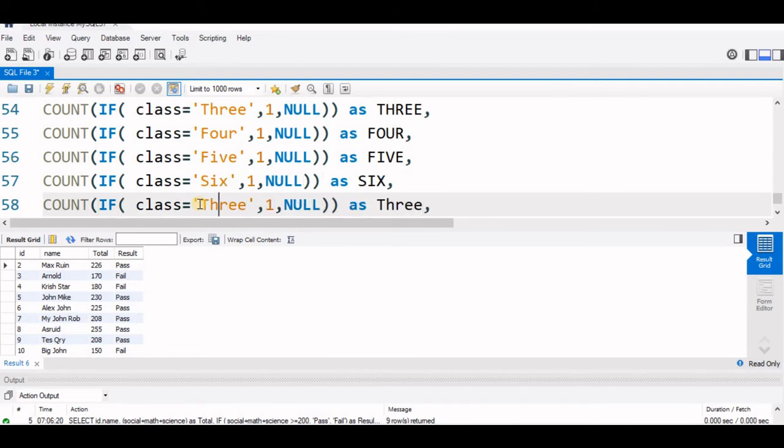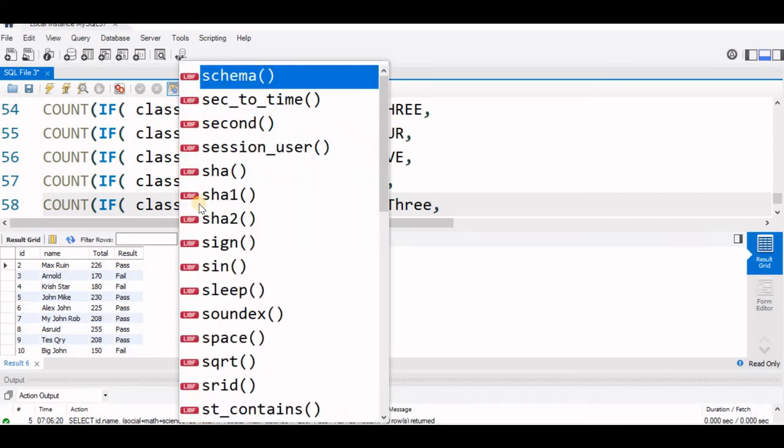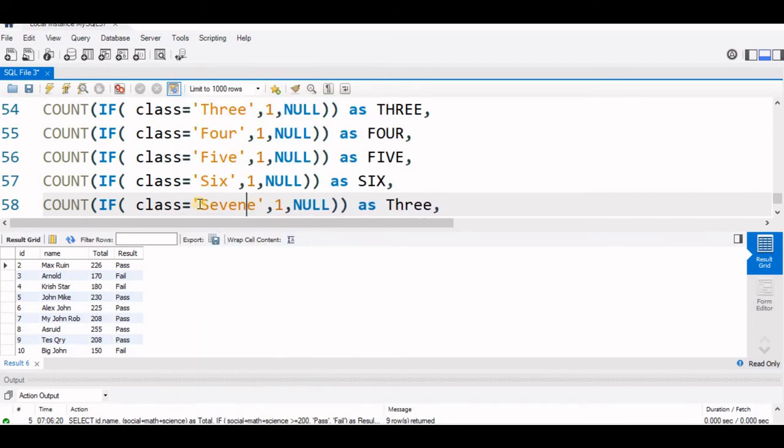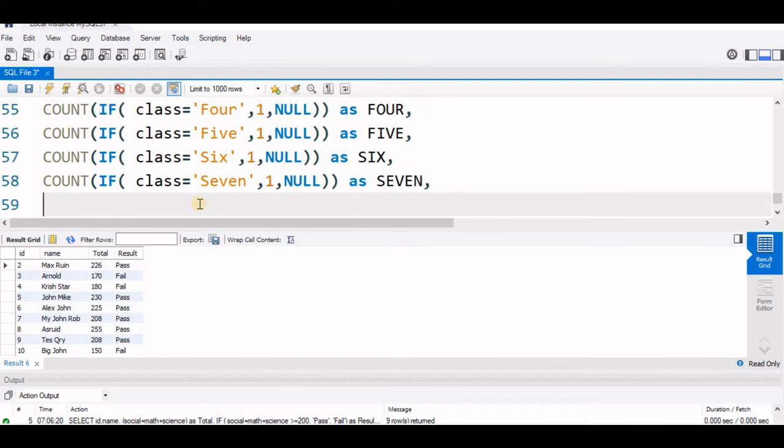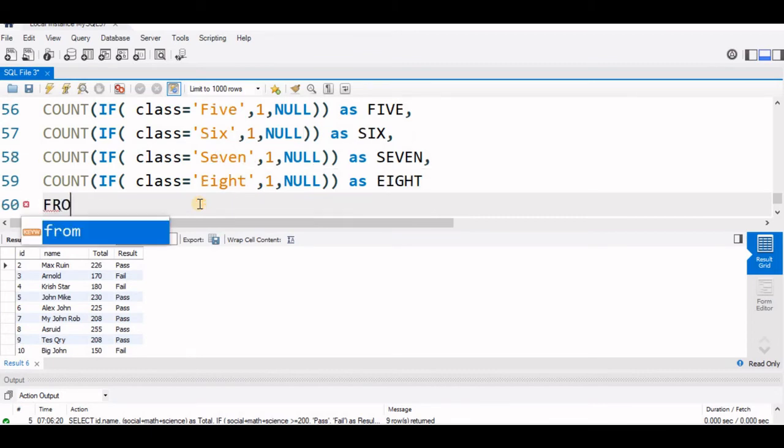This is 7. So for each one we are creating a one, counting it and adding up those ones. So 7. Then the last one we'll go for 8. One more, 9, is there. You can continue for however many are required. Here it is, let's say 8. So for this last one we will not use this condition. We'll use just from student.